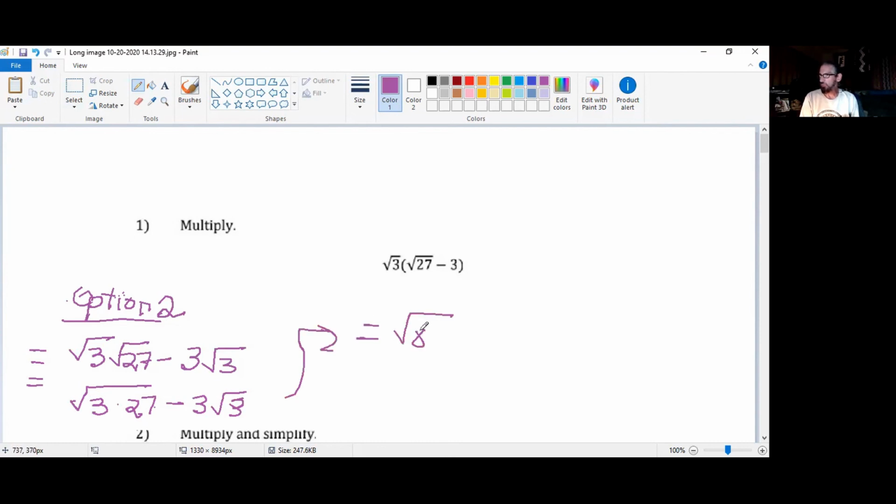Although that's larger, it should still be recognizable as a perfect square. Square root of 81 is 9. If you go back a bit, you should see that's the same answer I had in the end for option 1, but this approach is a little nicer. The distributive property is something we'll need quite a bit of,